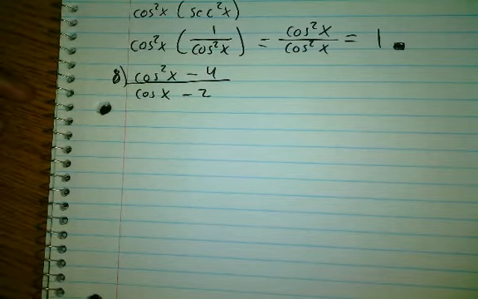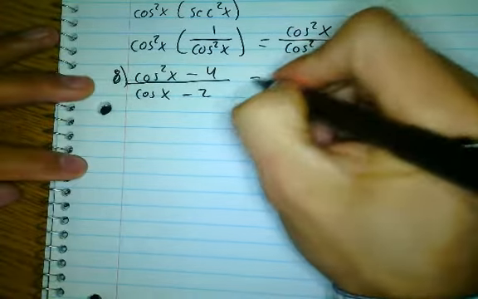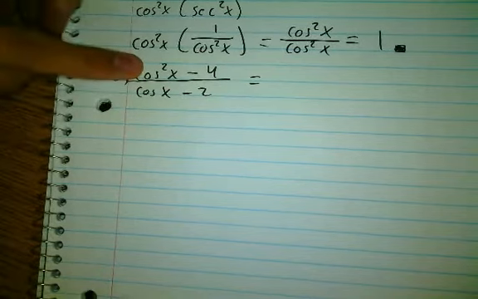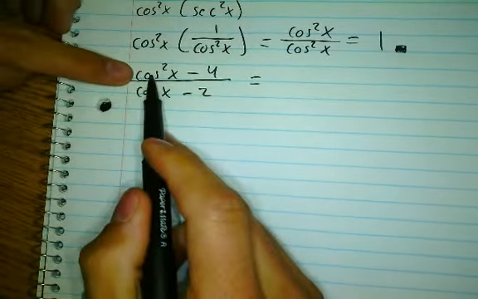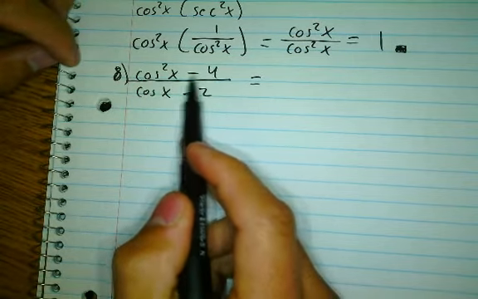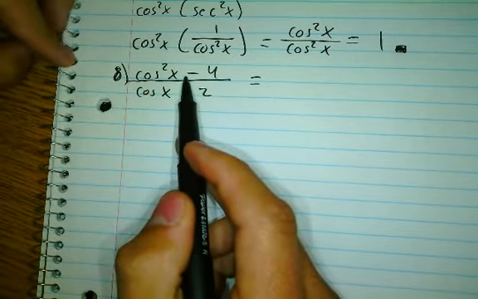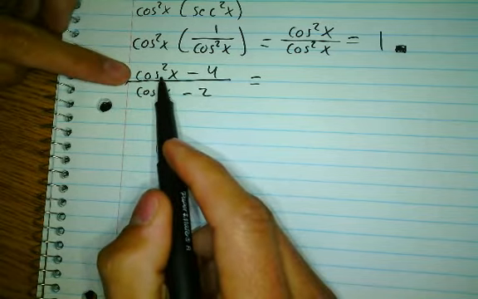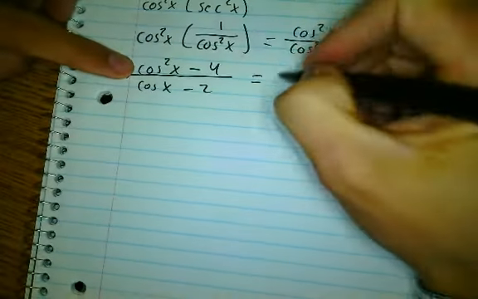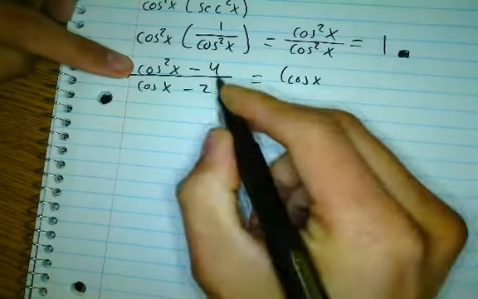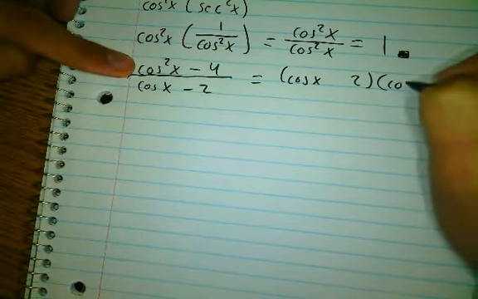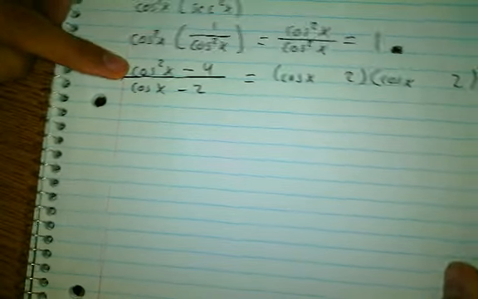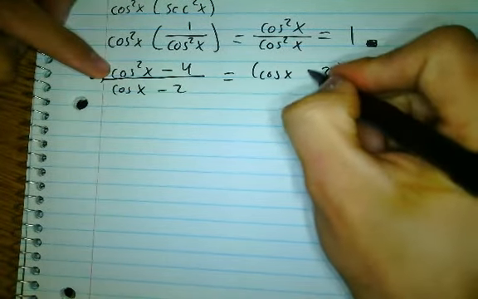Alright, so let's pause. Do you guys see how you have a difference of squares? Is this a square? Is this a square? Is it subtracting? Difference of squares. What's the square root of cosine squared? Cosine. What's the square root of 4? So difference of squares says that you take the square root of both of them, and then one of them you make a plus, and one of them you make a minus. Agreed? All over